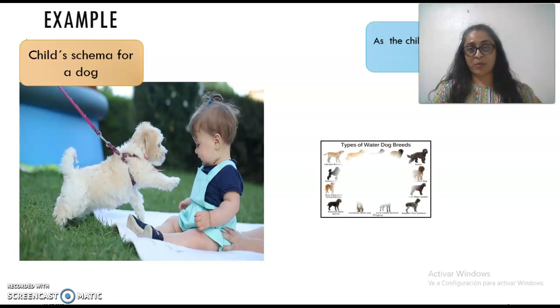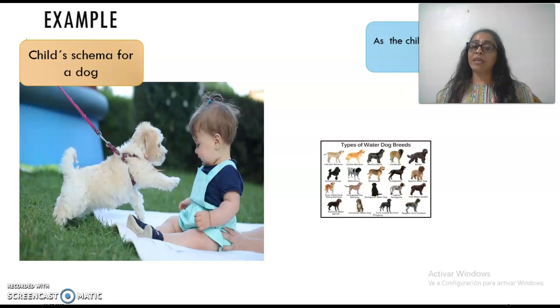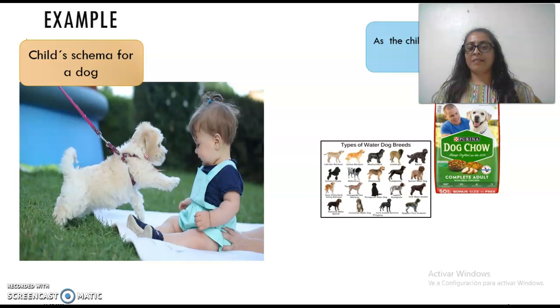However, as we become older, we gain knowledge that there are different dog breeds, that probably the dog that you have will need a special diet and will need to eat a special food. So you go and look for different brands. You analyze what this brand contains, and